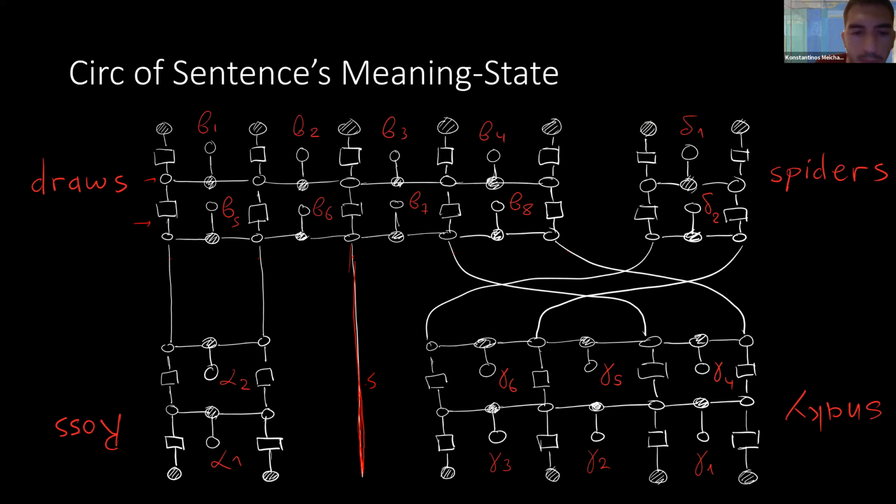After you specify all of these angles, alpha, beta, gamma, delta, all of these sets of angles, this circuit can run on a machine, and measuring that qubit in this 2D space, you will get something out. You will get a 0 or a 1. And this will be, in our application, what the meaning is, just a binary value. But this can be generalized.